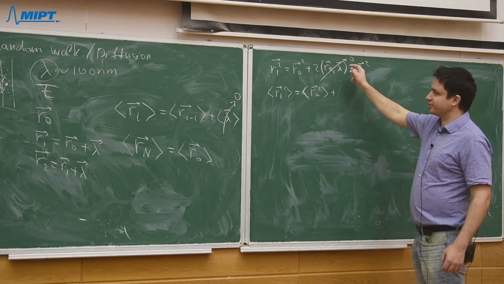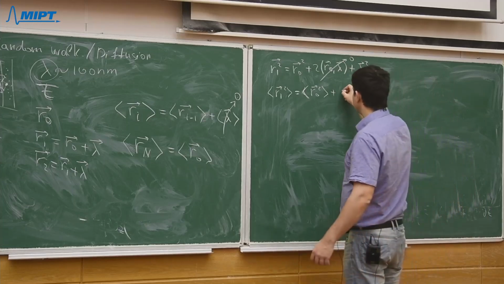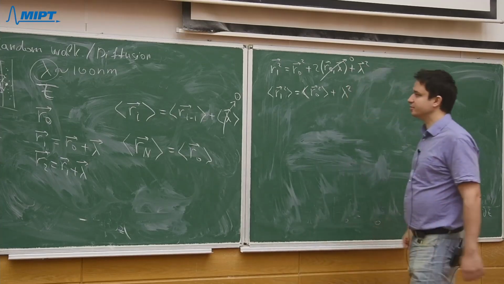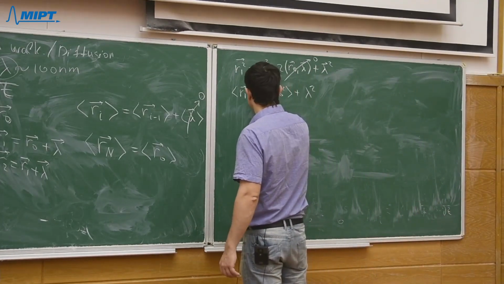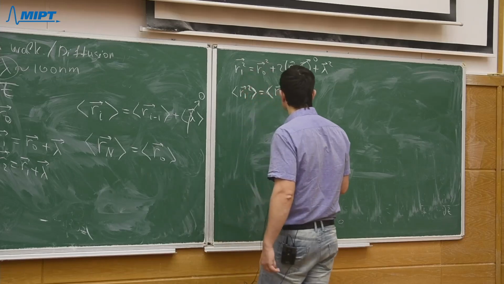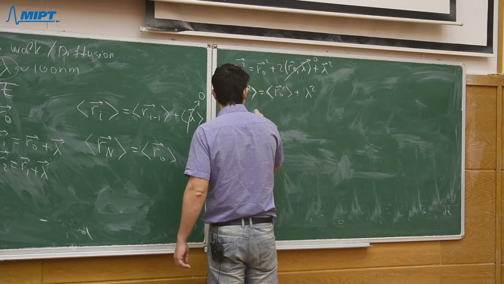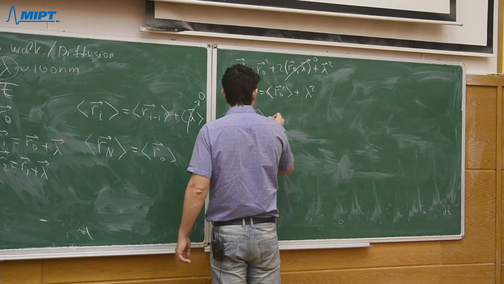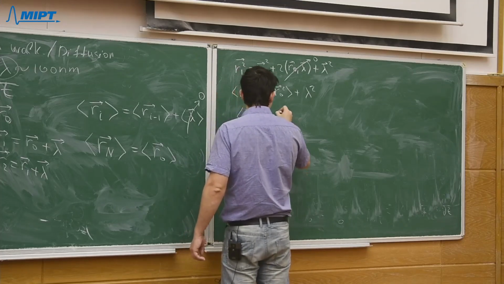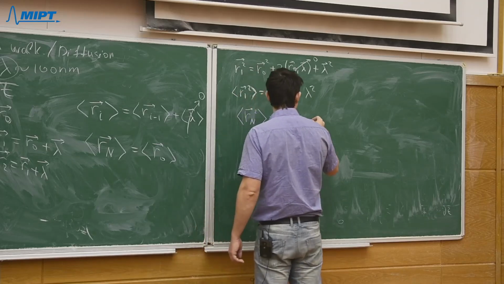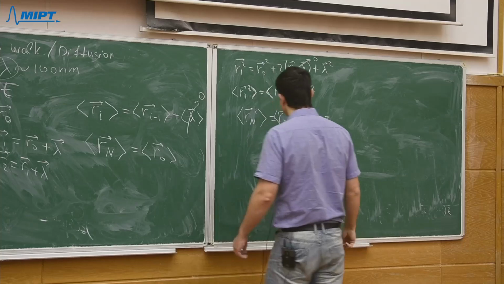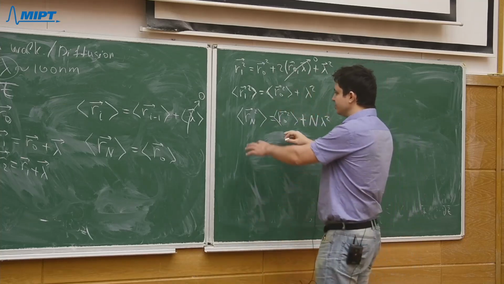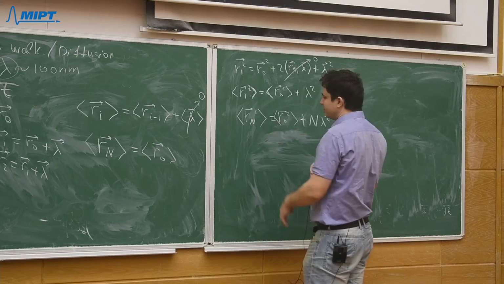because lambda can be directed anywhere, but this one gives lambda squared. So altogether I get that at the step number n, Rn squared should be equal to R0 squared plus n times lambda squared. Or that would say to me that, if I subtract from this one,